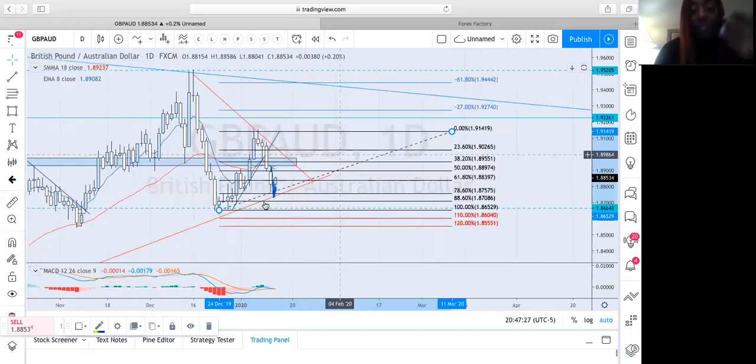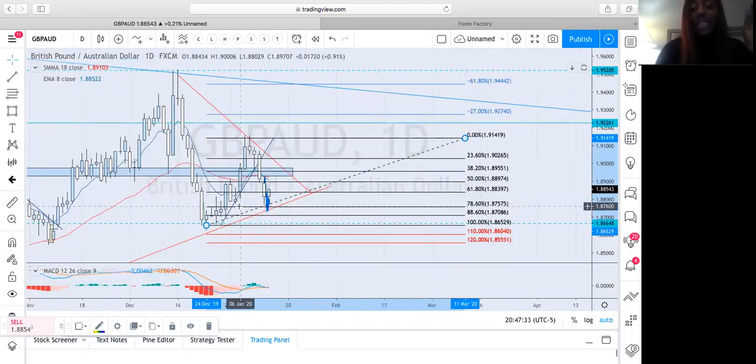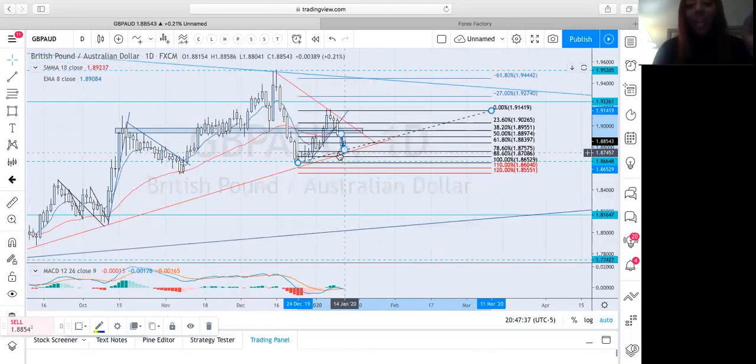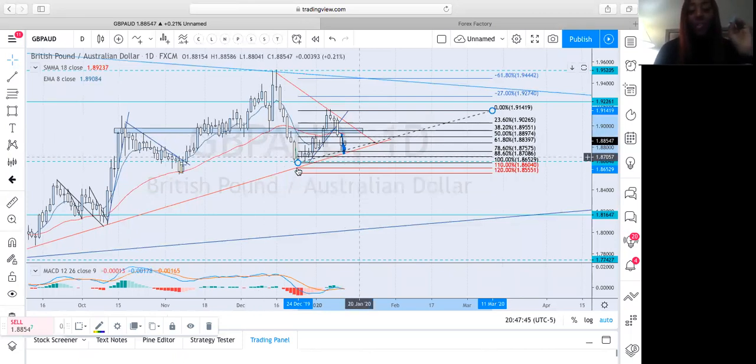Remember, because it is a daily time frame, higher time frame price always consolidates there for a minute before it pushes away from that point. So even here,